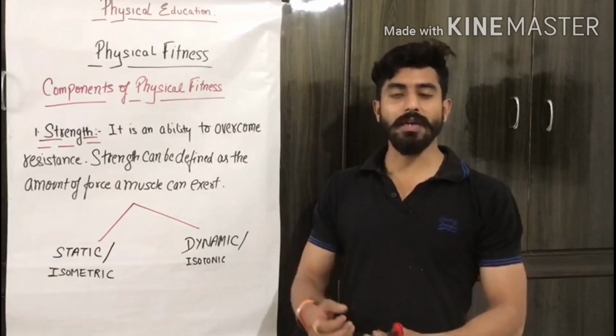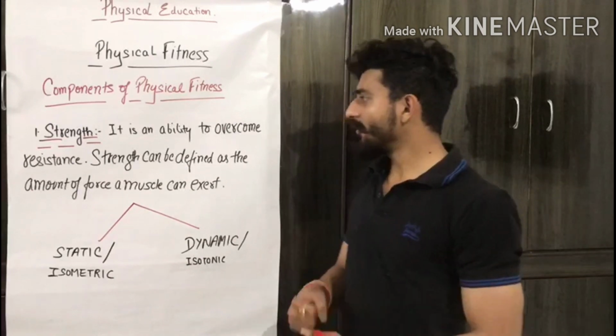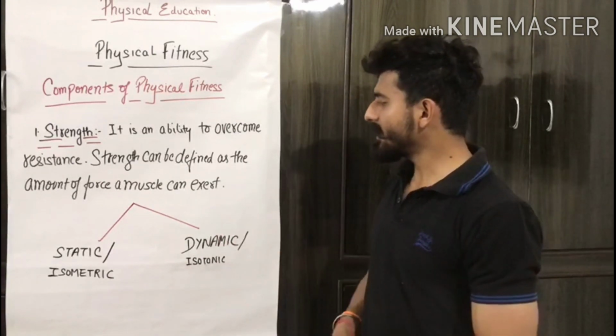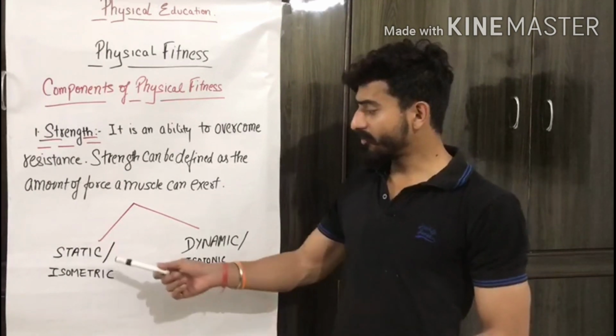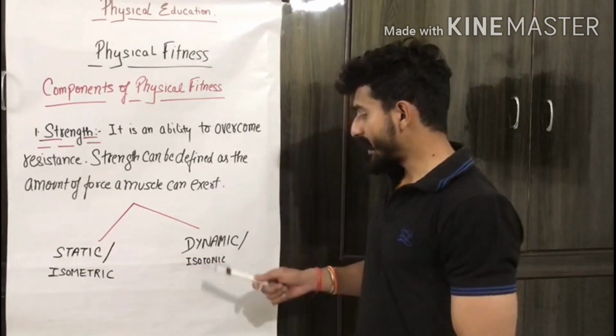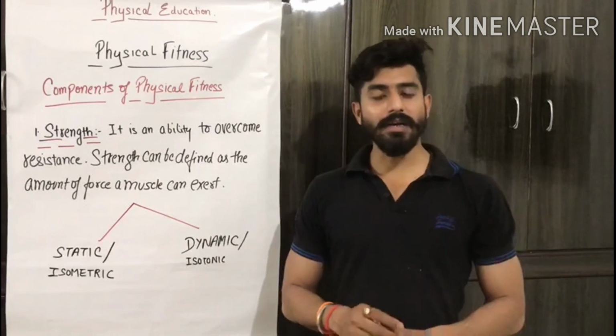रुकावट जो होती है उसको खत्म करने के लिए you need strength. So strength is the ability to overcome any kind of resistance. Okay, it is of 2 types: static strength and dynamic strength. Static strength is also known as isometric and dynamic is known as isotonic. Let me tell you what is static strength. Static by its name